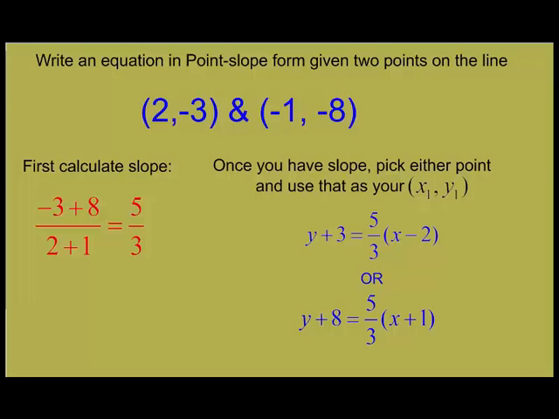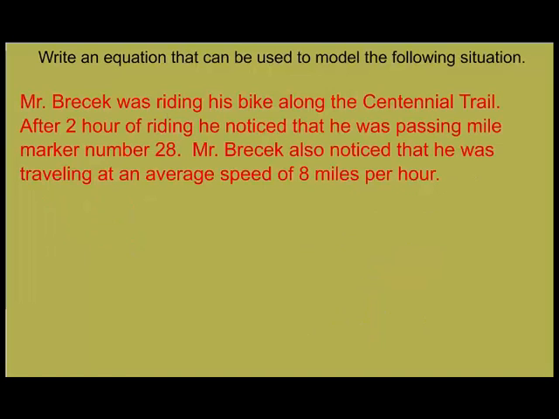Now that you're able to write equations, let's look at being able to write equations from a story problem. In this story problem, Mr. Braychek was riding his bike along the Centennial Trail. After 2 hours of riding, he noticed that he was passing mile marker 28. Mr. Braychek also noticed that he was traveling at an average speed of 8 miles per hour. With that given information, we should be able to